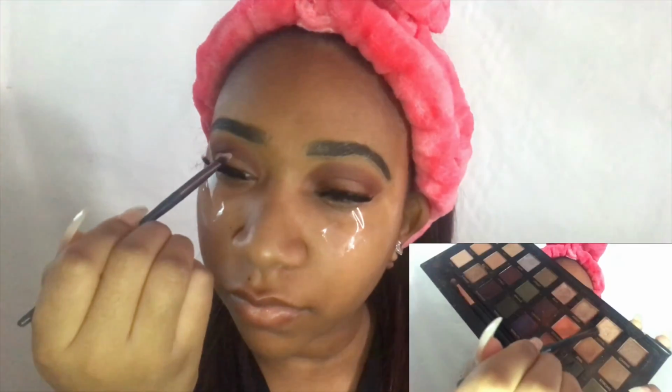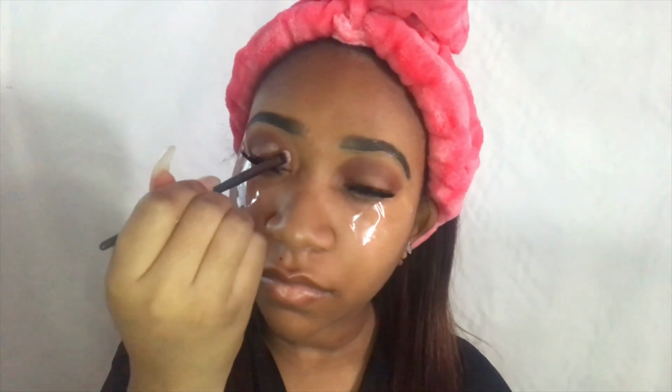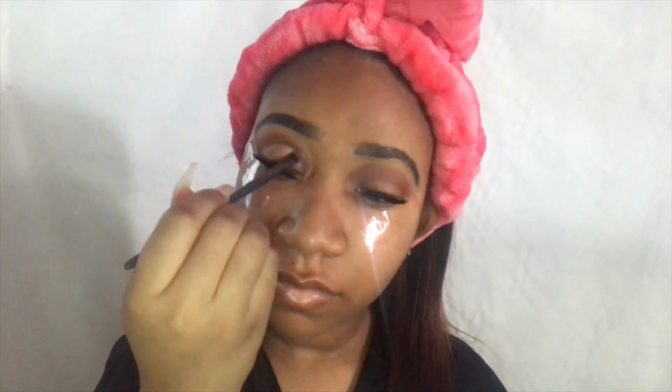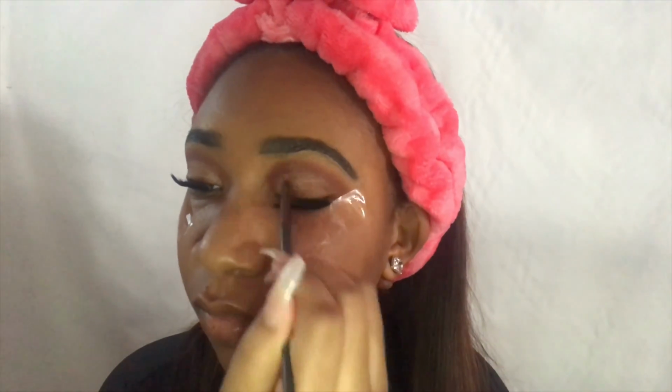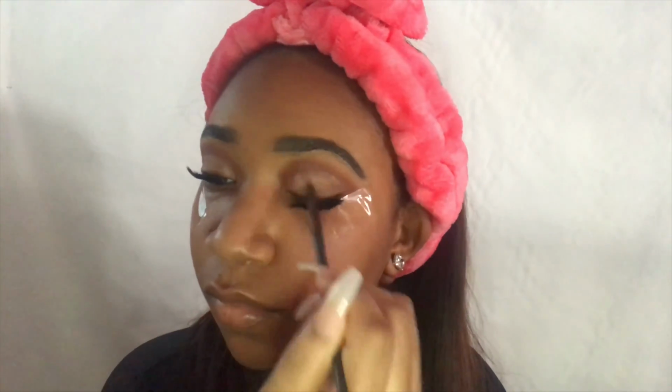Okay, so I'm just going to be using my eyeshadow brush, but I'm also going to be using this color called Celestial from my Profusion palette. Sorry, y'all. Honestly, this color was very pretty, but I'm going to be showing you how I do my cut crease. How I do my cut crease, I wet my brush, apply it to the eyeshadow, and then apply it to my eyelid, and then I do this upside down U. As you see, I'm just going to be patting it on